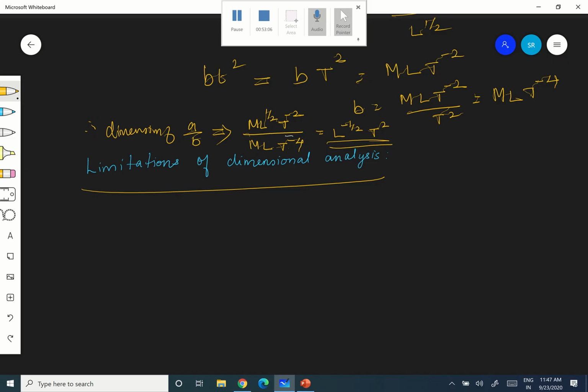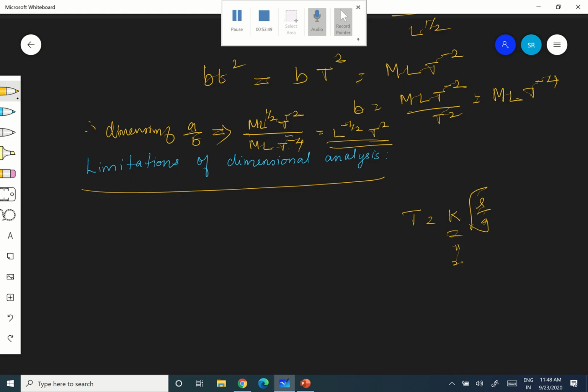Number one. In dimensional analysis, see, for example, we have derived T equal to K into root of L by G. But I gave it as 2 pi into root of L by G. K value is 2 pi. Which means by applying dimensions you can derive the expression root L by G, that part we can. But what is the constant involved in the formula, K, whether it is 1, 2 pi? One more thing, pi by 8, I told you, K in the rate of flow of liquid. That you cannot find out by adopting dimensional analysis. Okay, that is number one.